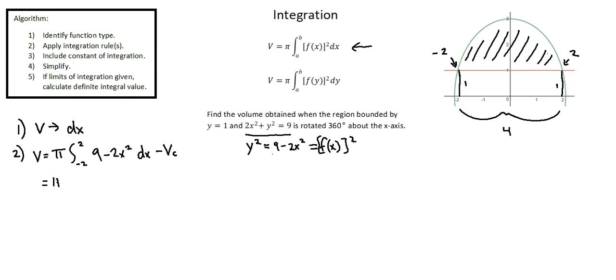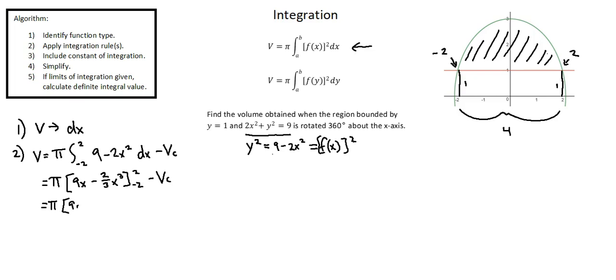Volume equals pi of the quantity. I'll integrate each of the terms. 9 becomes 9x. Minus 2x squared becomes 2 over 3 x to the power of 3. On the interval of negative 2 to 2, minus the volume of the cylinder. Notice that the volume of the cylinder isn't being integrated. That's outside of the integration. Continuing, we have pi times